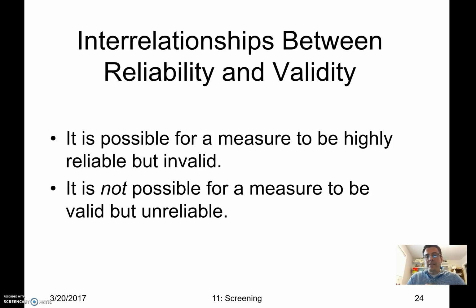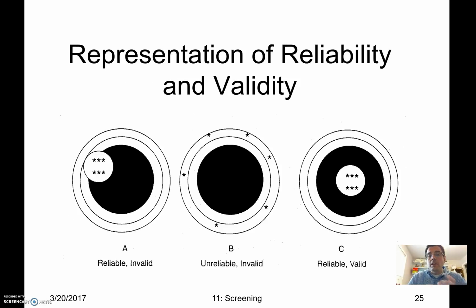So you can have a test that is precise. It's measuring exactly, over and over, the same type of measurement, but it might not be valid. It might not even be accurate. But it is impossible for a measure to be valid but unreliable. And the way that you would look at this, I like to use the target, like an